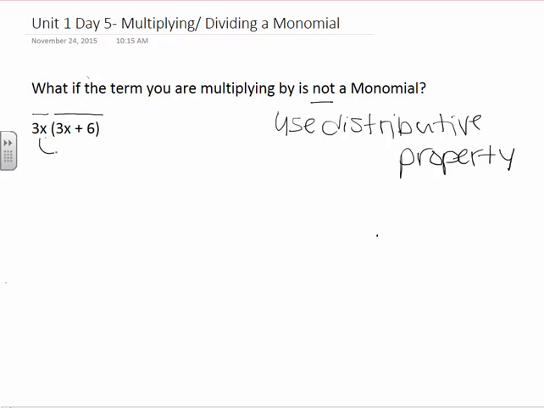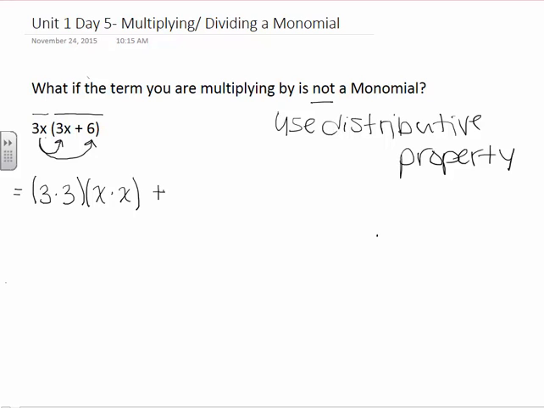So we're going to multiply our 3x times the first 3x in the brackets and times the 6 in the brackets. So 3x times 3x, we multiply our numerical coefficients first, and then we multiply our variable coefficients together,